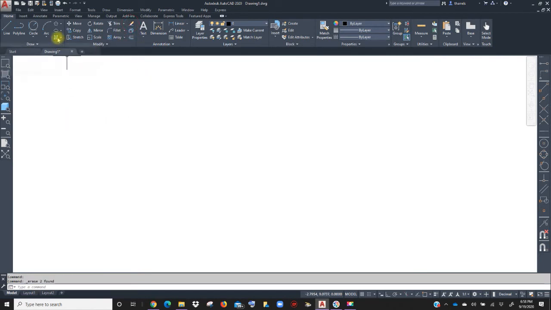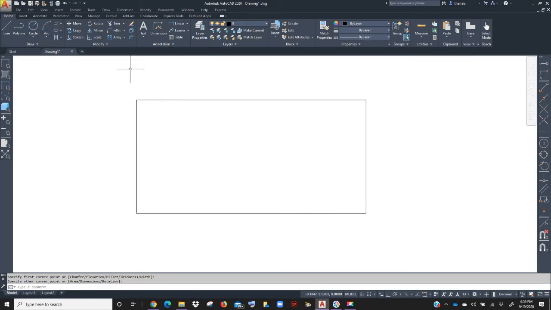The hatch command. Hatch doesn't work unless you have an object to hatch. So I'm going to draw a rectangle. Now notice polygon's on top, so you have to remember that rectangle and polygon live together. So I'm going to click rectangle. The hatch command has hatch, gradient, and boundary. Honestly, if you just click hatch, you're going to be able to get to all those other commands, because